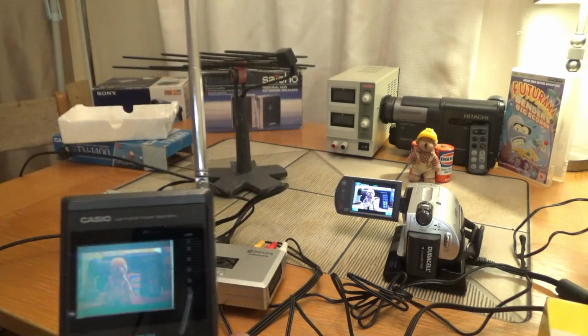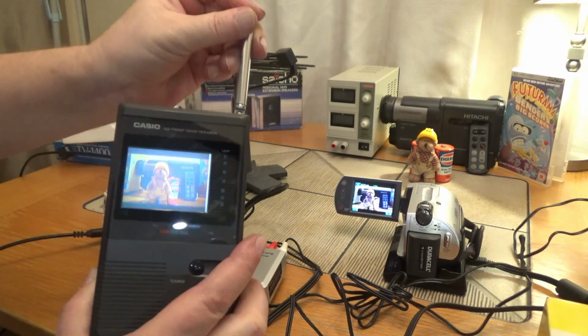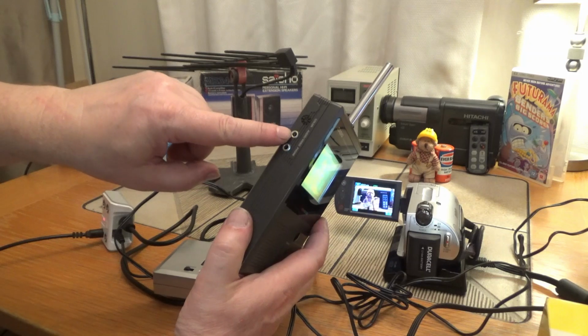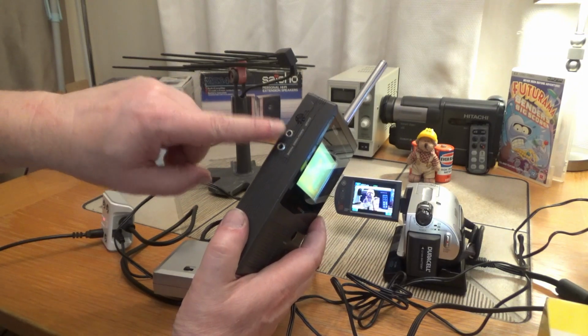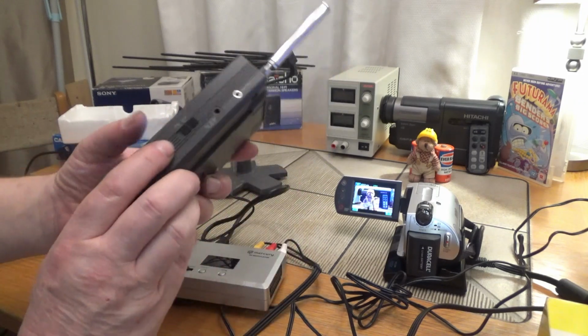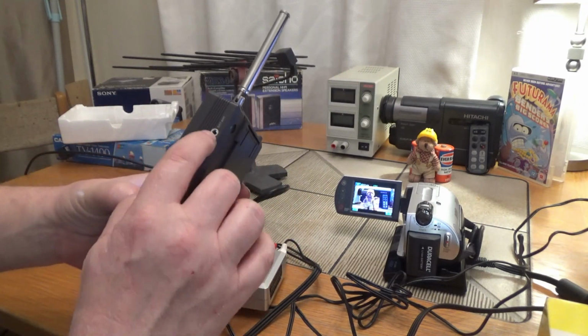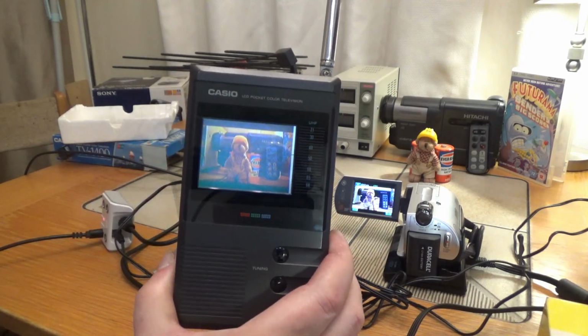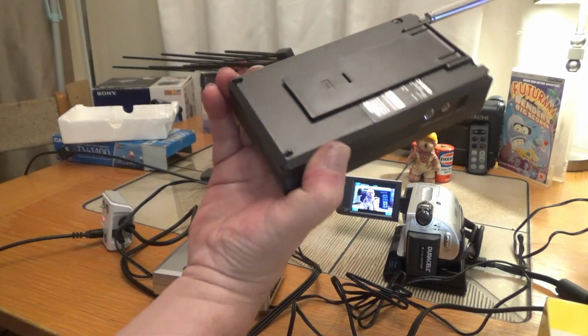And if you just have a look around the TV, you can see I've got nothing plugged in. There is audio video in on this one, so I could have just gone from that to a jack. There's a phono section, and on here there's an extension antenna, so you could put a better antenna in and get an even better picture. But that's it with the aerial down. As you can see, there's nothing connected,